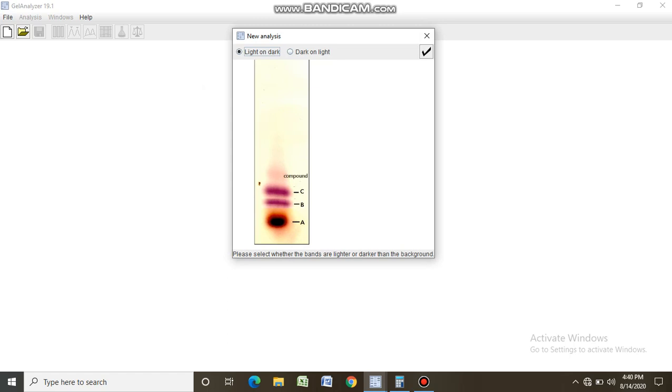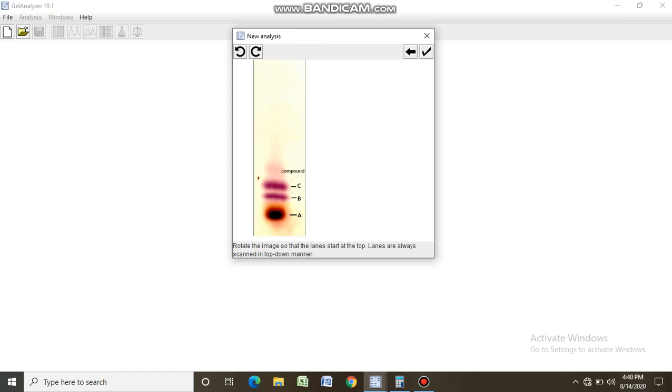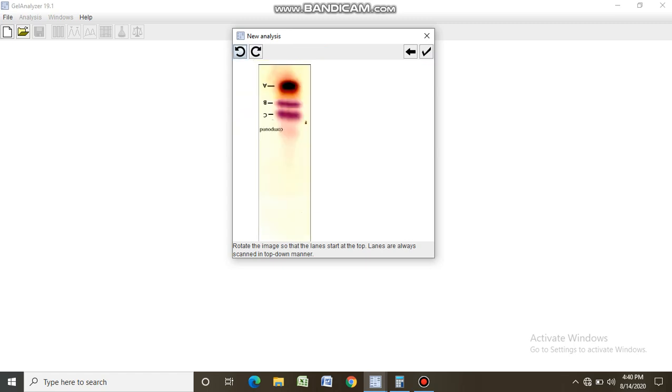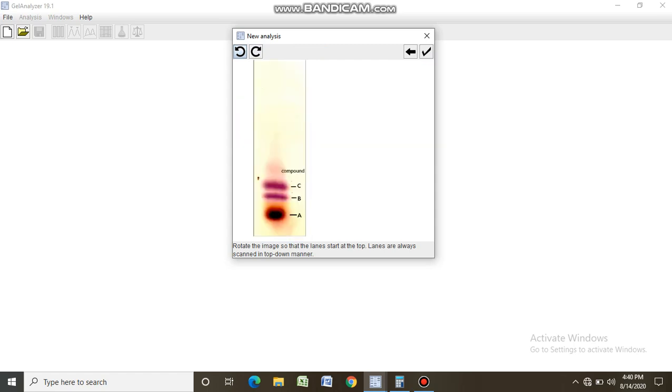Now here are the two options, light on dark and dark on light. So we will select the dark on light option and click the OK button. Then here is the option of rotation of the image. However you are comfortable, you can keep the image correctly and select the OK button.